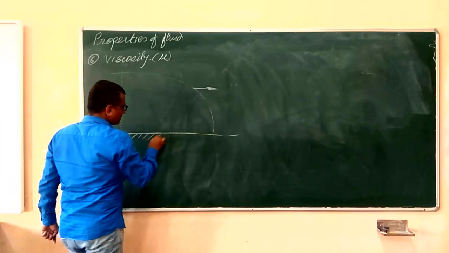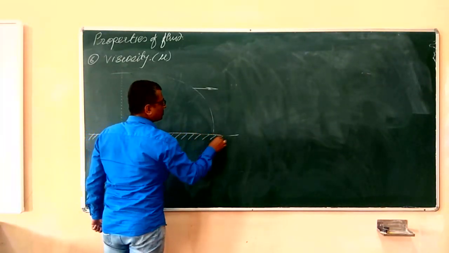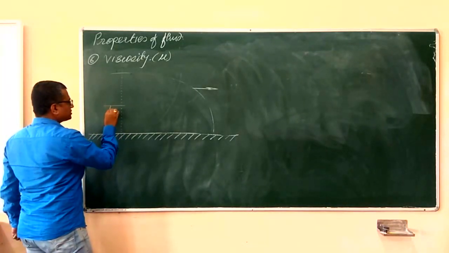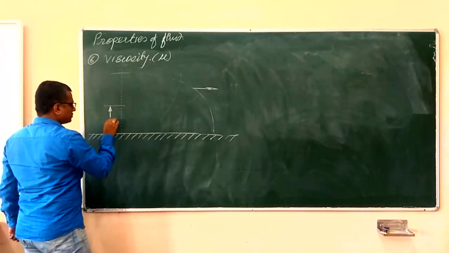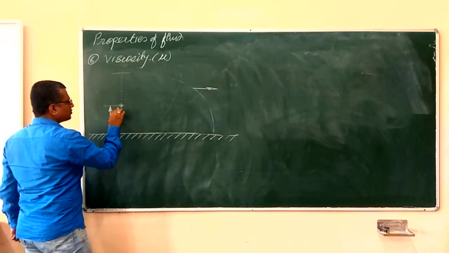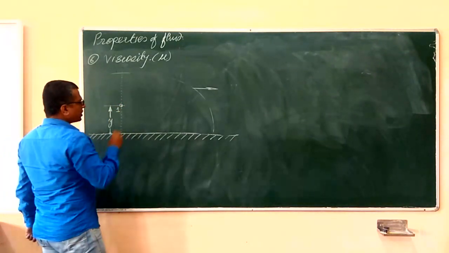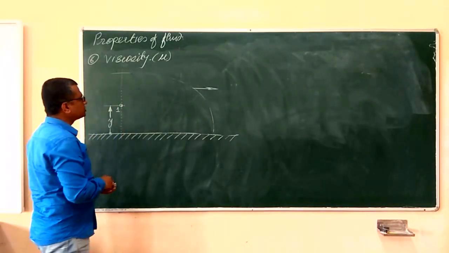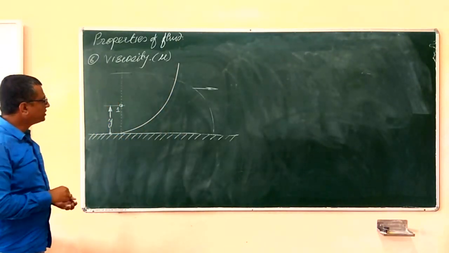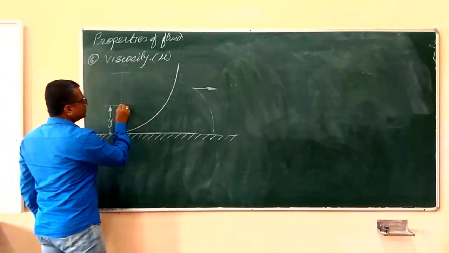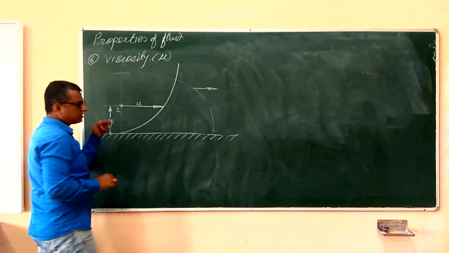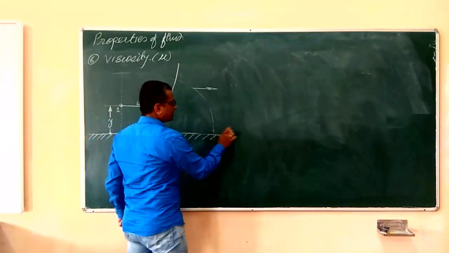As I mentioned, it's a solid surface, and that too a rough surface. At a certain distance y from the fixed surface, there is a particle, number 1, the first particle, and it has a velocity. Let me draw the velocity profile over here. The velocity profile may be something like this. You have seen what the velocity profile is, and the velocity of this fluid particle is represented by a vector with magnitude u, and the direction is along the positive x-axis.